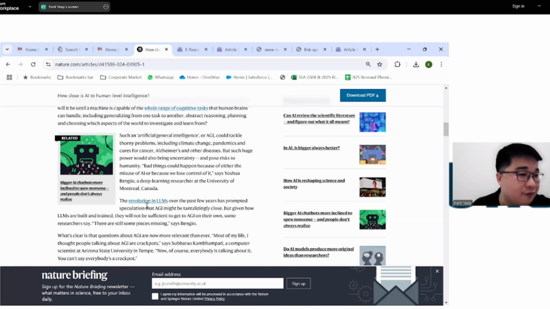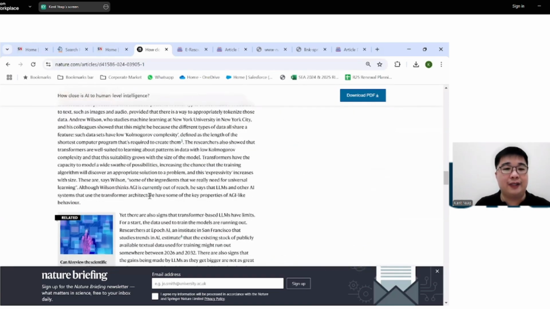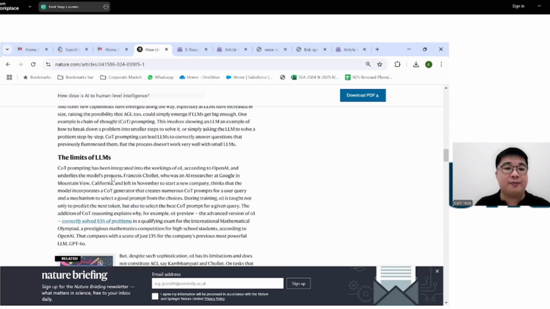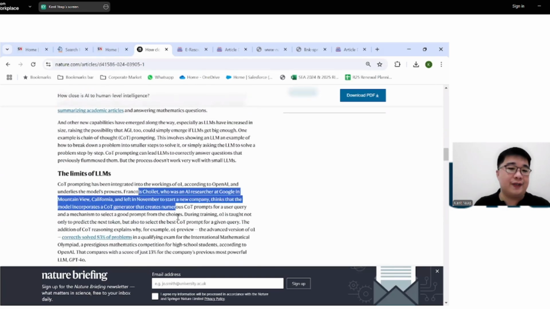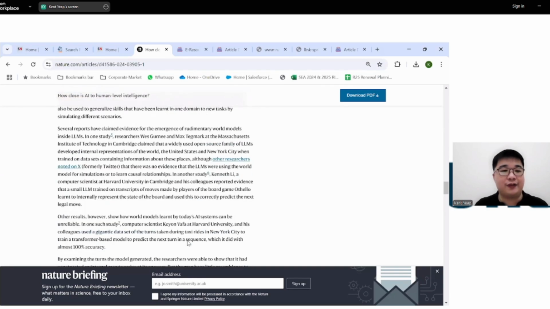And why is this relevant to you and me, even though we are not researchers and scientists doing anything with AI or ChatGPT, for example? And this is very helpful, I find. And it's unique again to the journal. So you can see it explains the limits of LLMs. What is this LLM? How is this relevant to you and me on a daily basis, etc.